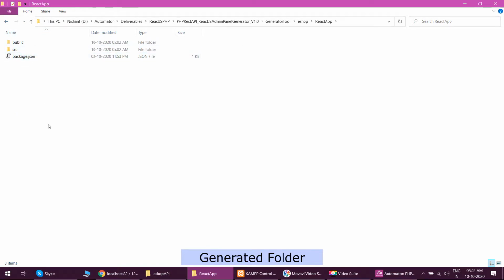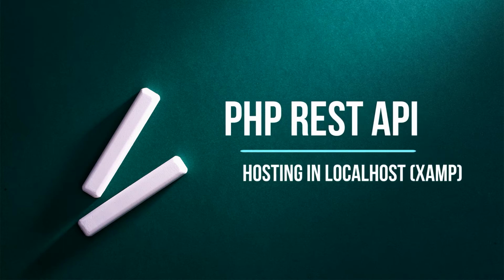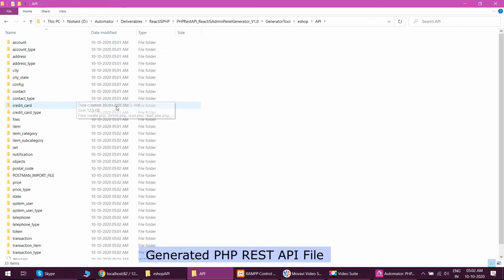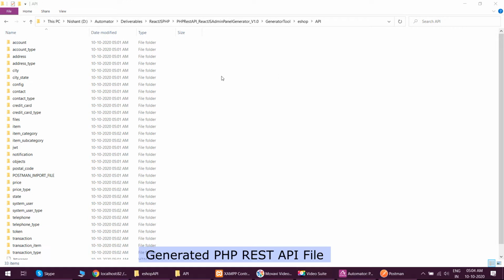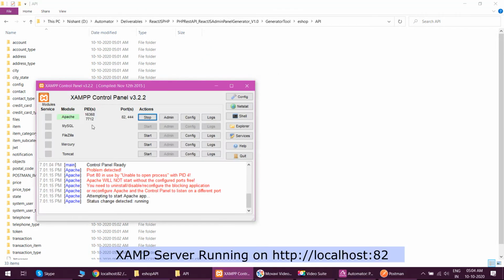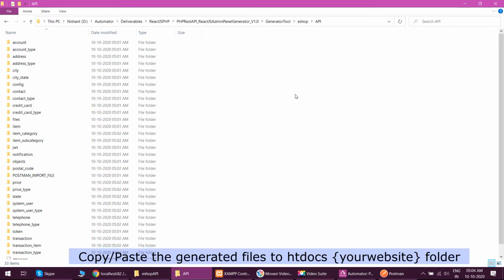Now let's see how we can test this generated code. Let's start with deployment of the API. We have the API folder which has the PHP REST API files, which I want to deploy to the XAMPP server running locally on localhost. These are the files.